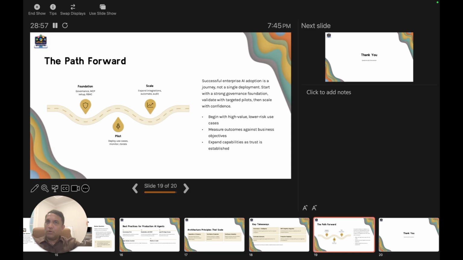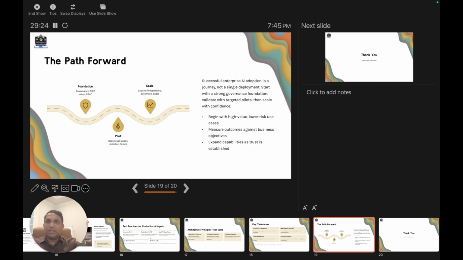You begin with the foundation, then governance, then MCP setup, then RBAC policies. Then you run a pilot: deploy a focused use case, monitor it, iterate, and then you scale, expand your integrations, automate more, and keep auditing. Do not forget that. My practical advice, within my experience: begin with high-value but low-risk use cases.